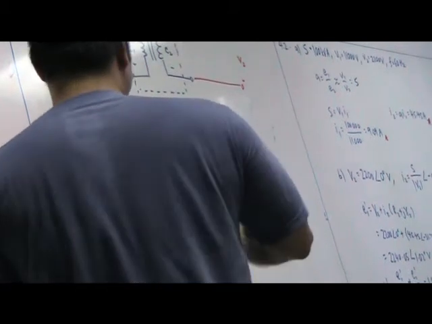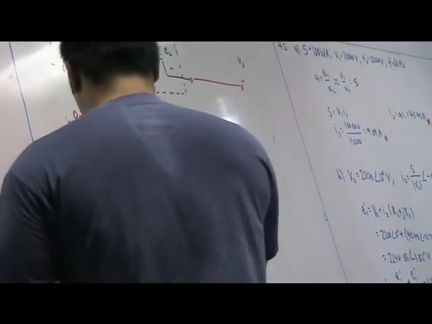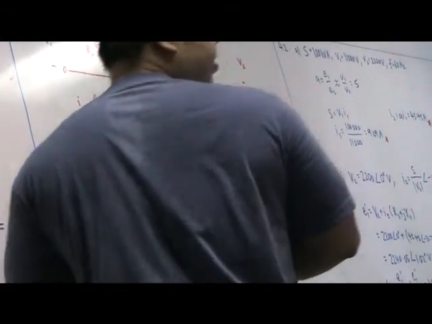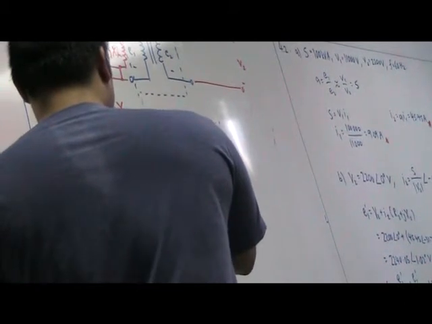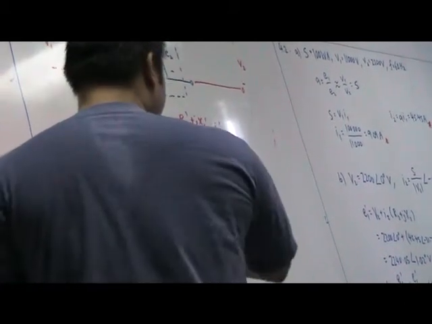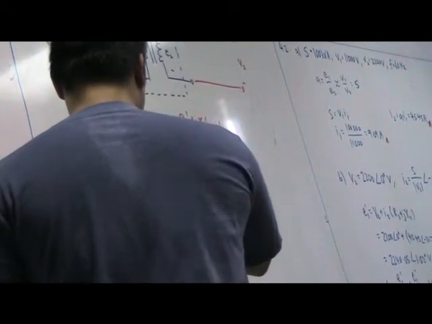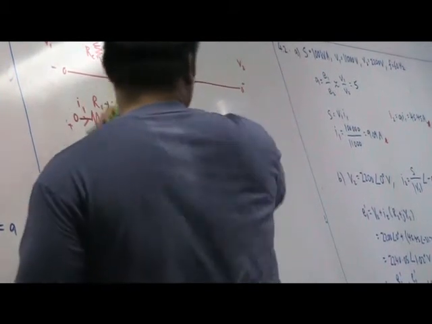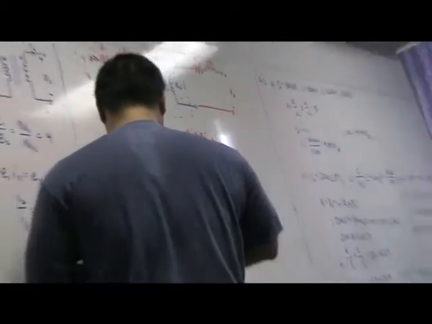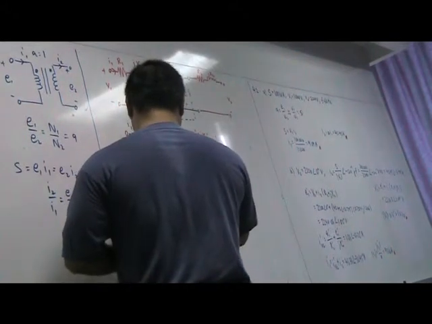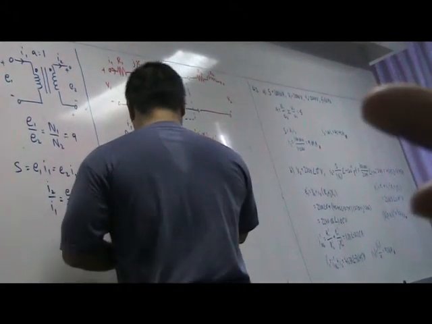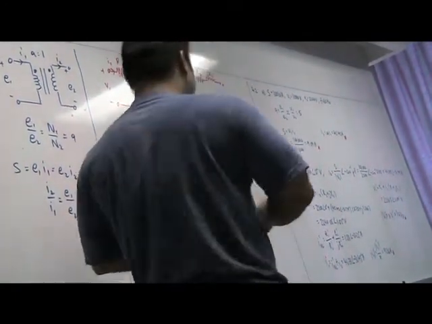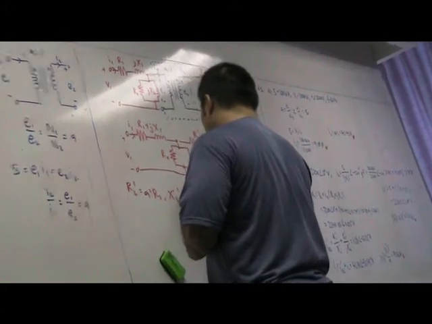Earlier on, R1 prime was R1 over A squared. The primary side resistance referred to the secondary side is the actual resistance divided by A squared. So now if you do the opposite, you bring everything from the secondary side to the primary side, you'll get the opposite relationship. X2 prime will be